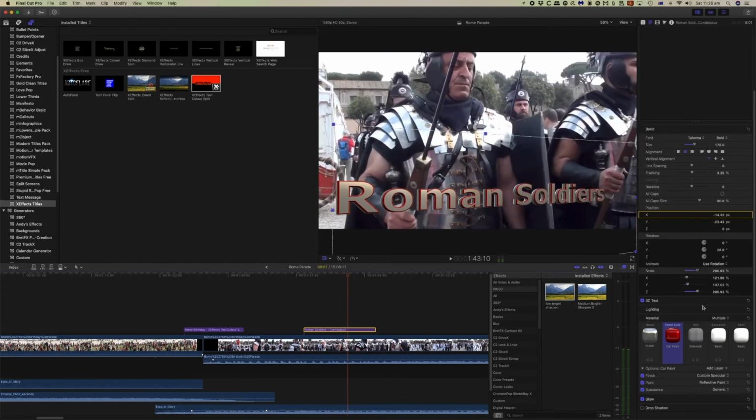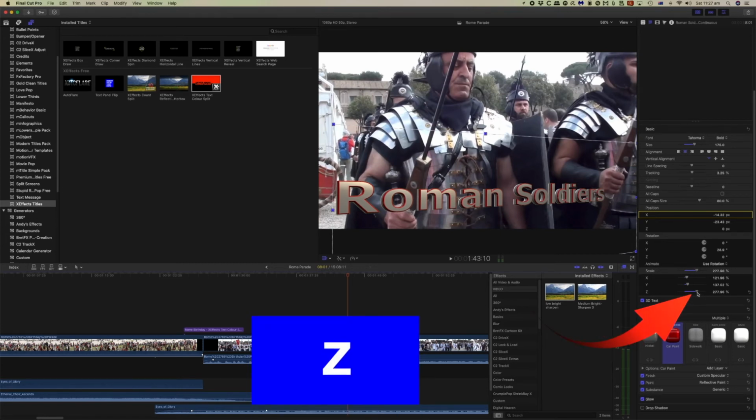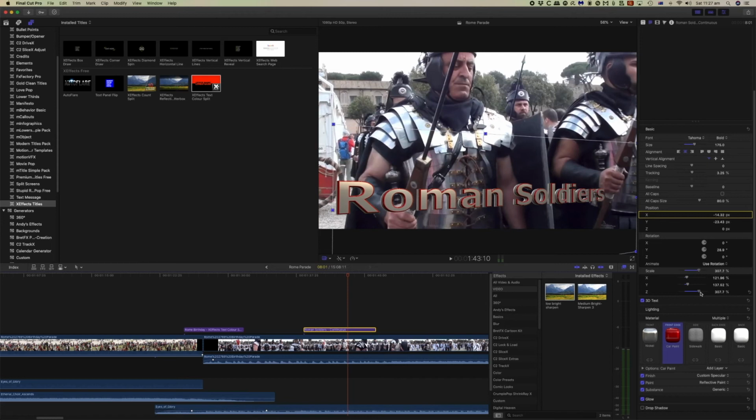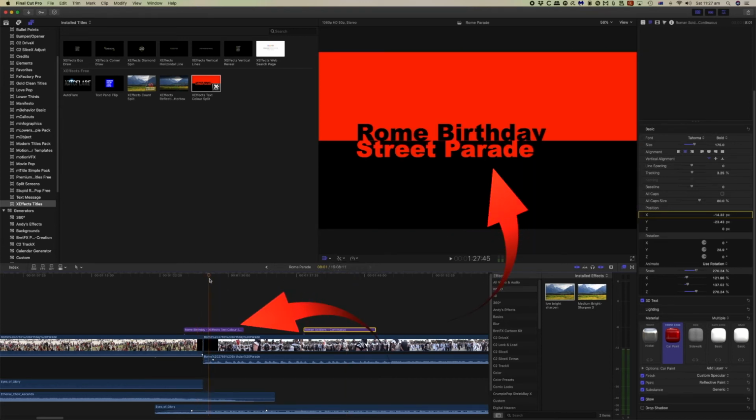There's also many other items, but those give you the basics. The important one is the Z, which changes that depth, and that definitely gives you more of a 3D effect. And then the other one to remember is the Distort, so that you can take the words off into the distance. So now we've looked at that, let's have a look at the third-party effect, and we can do something